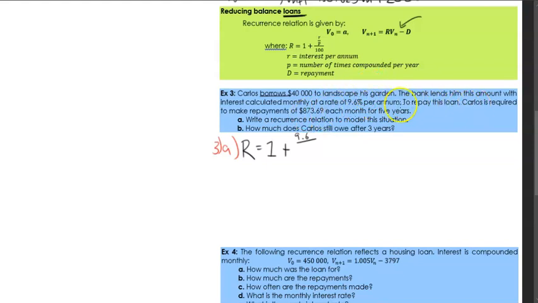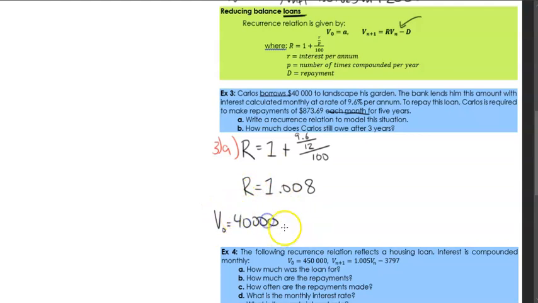He is making repayments each month. And how many months are there in a year? 12. So the P amount in this case is 12. If it said he's paying this amount every fortnight, that would be 26, because there are 26 fortnights. Yes. All right. This is all over 100. When you calculate this, your R value is going to be 1.008. So now our recurrence relation, I always write V of 0 is equal to the initial amount,